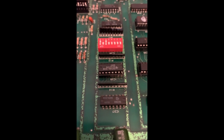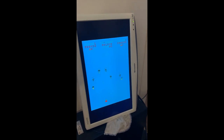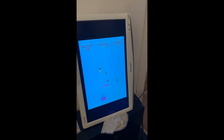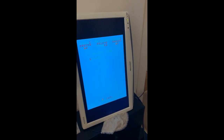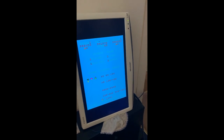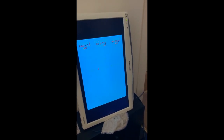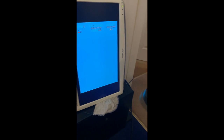So we've swapped that LS157 out, and I'll credit it up. The screen seems to be gradually coming back to life again. I think it's actually the ribbon cables between the boards, but that's something else to look for. So we credit it, and I'll press start on the controller,